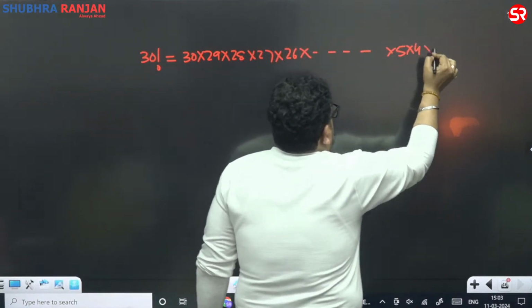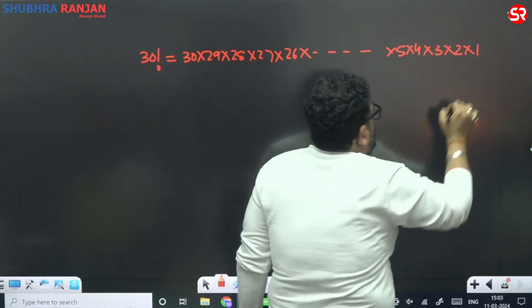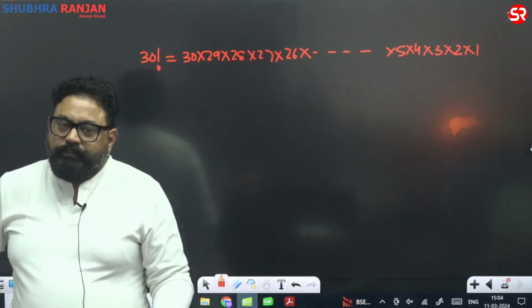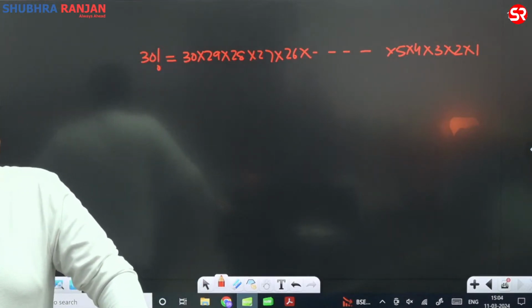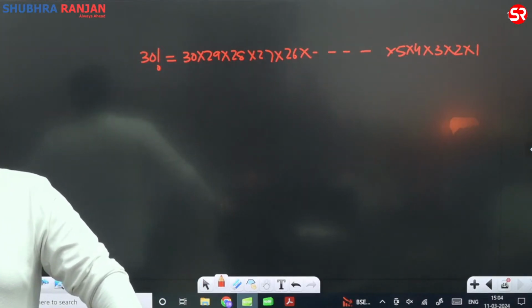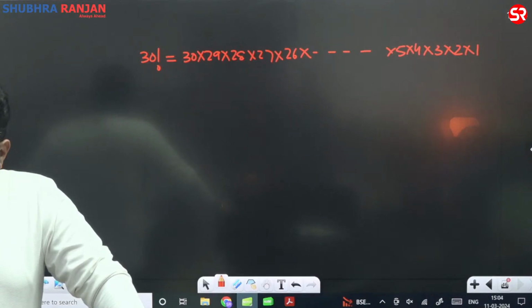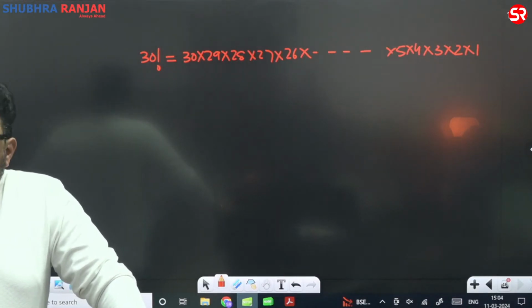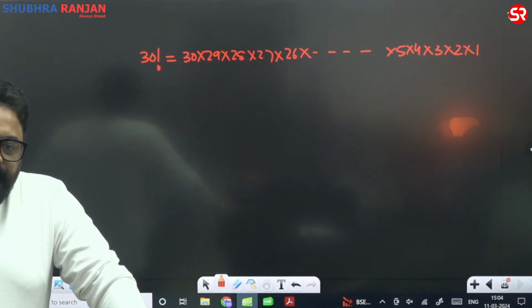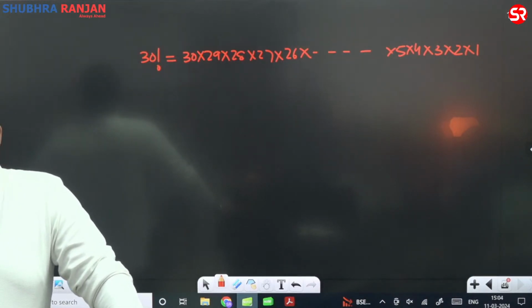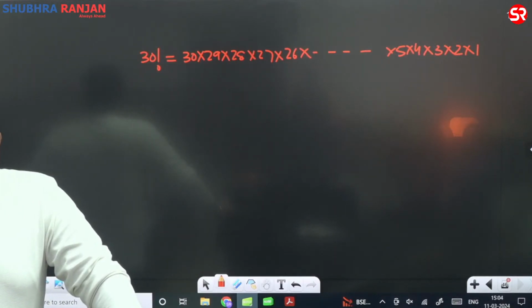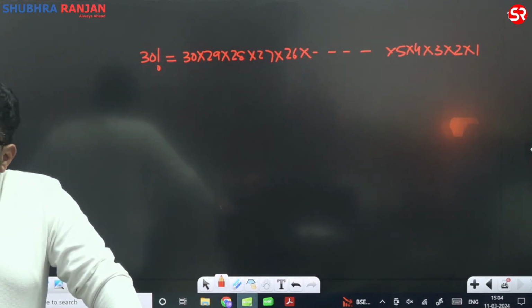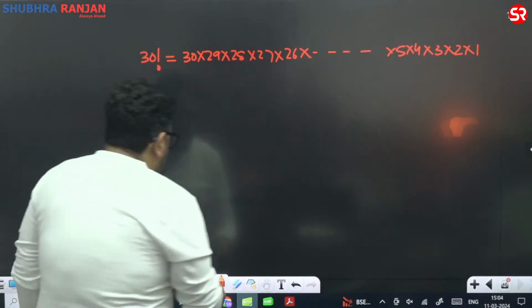5 into 4 into 3 into 2 into 1. Huge number. I cannot find the value of this number. I may, but it would take me a lot of time. But it's a number, and you know every number can be put in terms of prime numbers. Agreed? The method is factorization. So can I say I can write